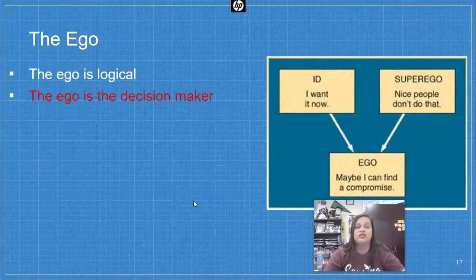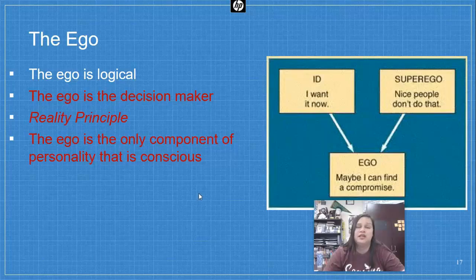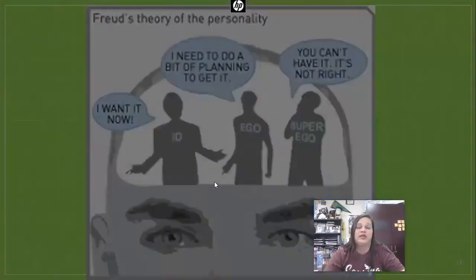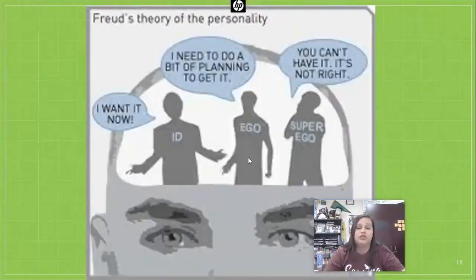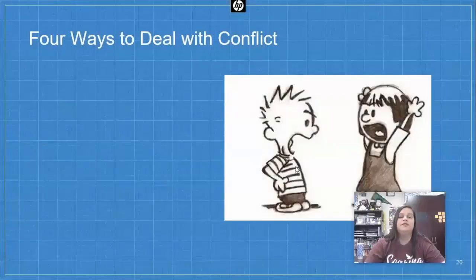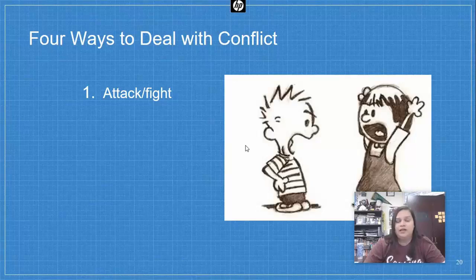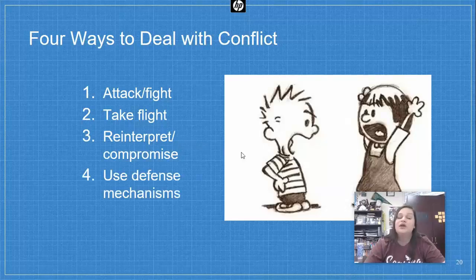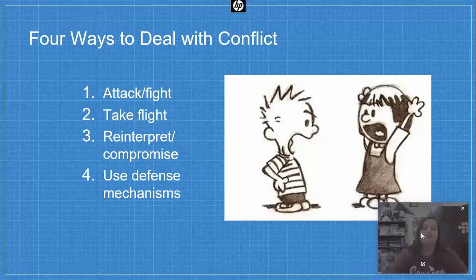The ego is logical, it's the decision maker, operates on the reality principle, and it's the only part of the personality that is conscious, and its job is to mediate and compromise between the id and the superego, which is not always easy. So there's 4 ways that we can deal with conflict. We can attack, we can fight back, we can flee. Sorry, there's little sound effects on there. We can take flight, we can compromise, or when we can't deal with any of those, we can resort to